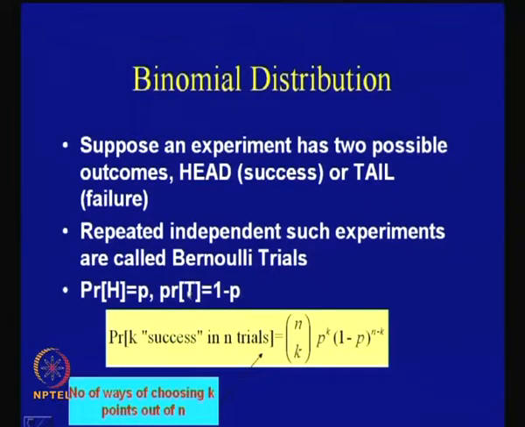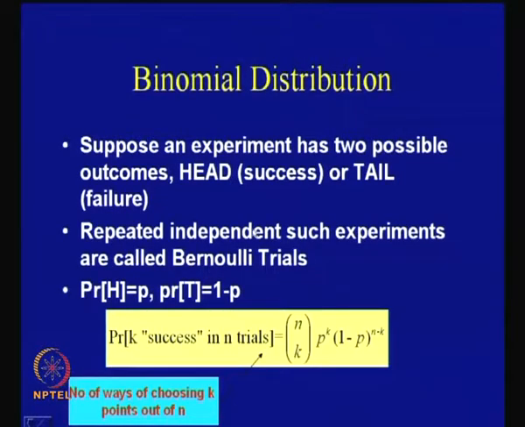Okay, Bernoulli trials. And if I denote the probability of a head to be p and the probability of a tail to be 1 minus p, of course, because if I add these two probabilities, they should be equal to 1. And what is the probability that there are k successes in n trials? So I repeat the experiment, and the question is, what is the probability that among the n trials there are actually k successes?